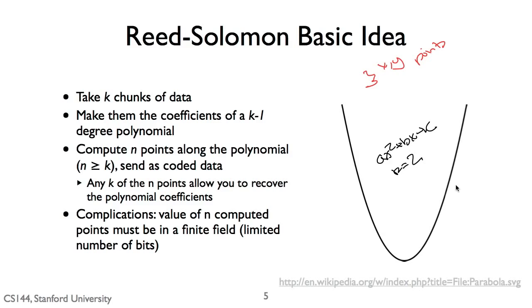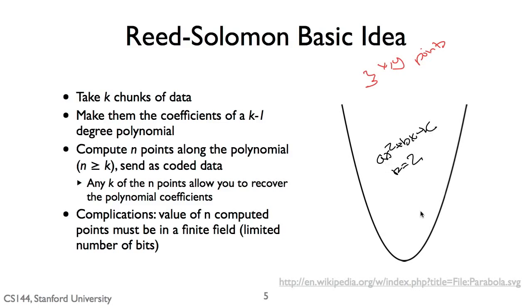So why is this useful? What I can do is take some data that I want to encode with Reed Solomon. I take k chunks of this data. These k chunks become coefficients of a k-1 degree polynomial. So for example, I take 3 chunks of data, and those 3 chunks become a, b, and c, these 3